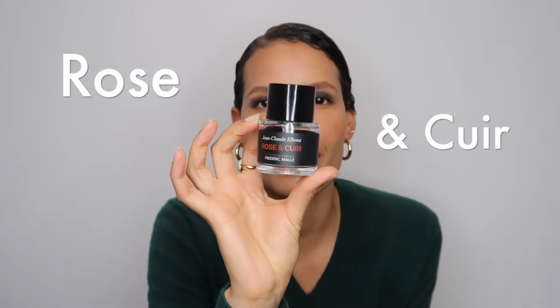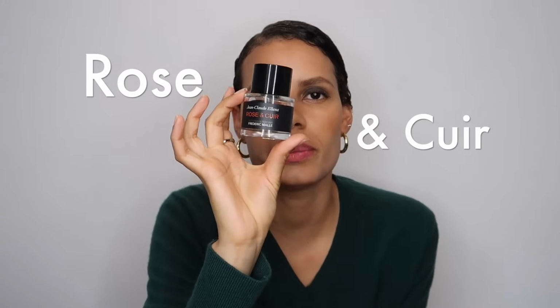So Rose Cuir is a fragrance by Jean-Claude Ellena, arguably my favorite perfumer. Let's not discuss this in the comments, okay? Let's not argue about that. Jean-Claude Ellena, lovely brush strokes in his fragrances. Rose Cuir, it's